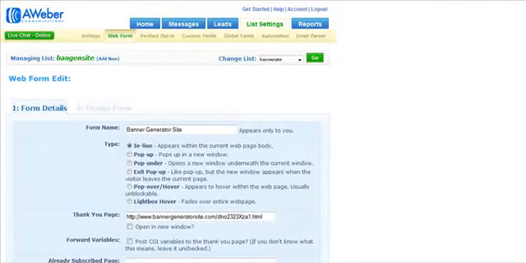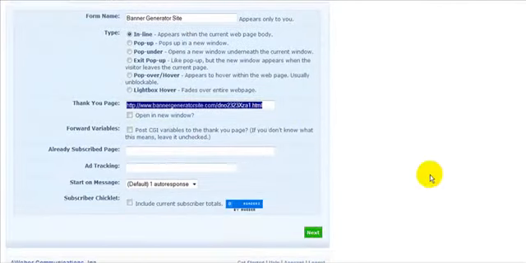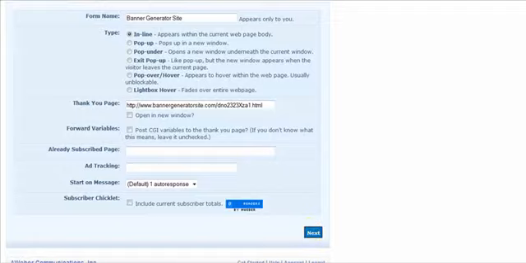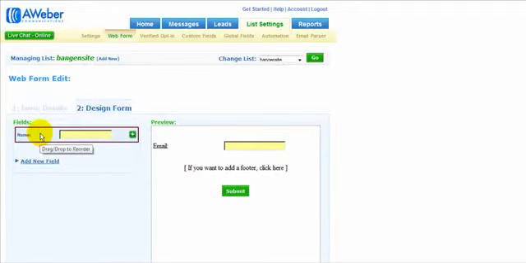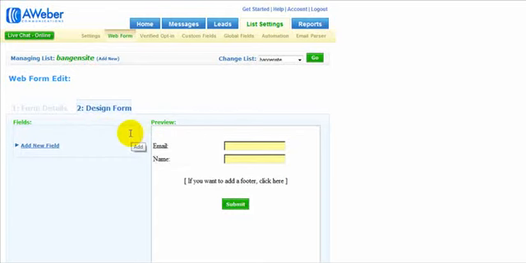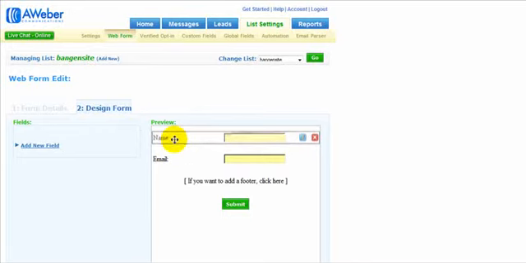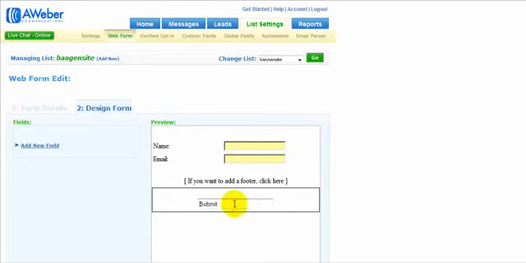We're back on our web form. We're done with this step. We just click on next. Now we want to add the name field, so you just put your mouse over it and click the plus sign. But it's on the bottom, so just take this and drag it, left click, drag, and then just put it on top. If you want to change this,